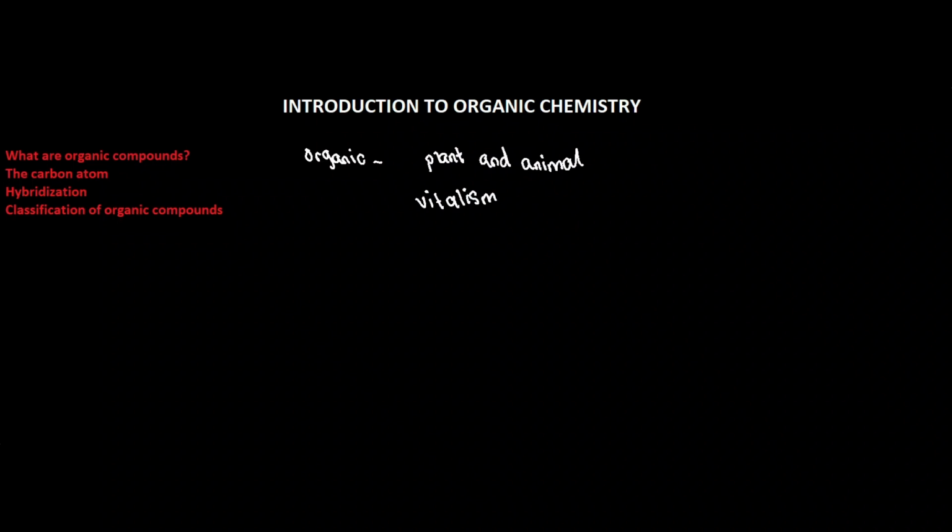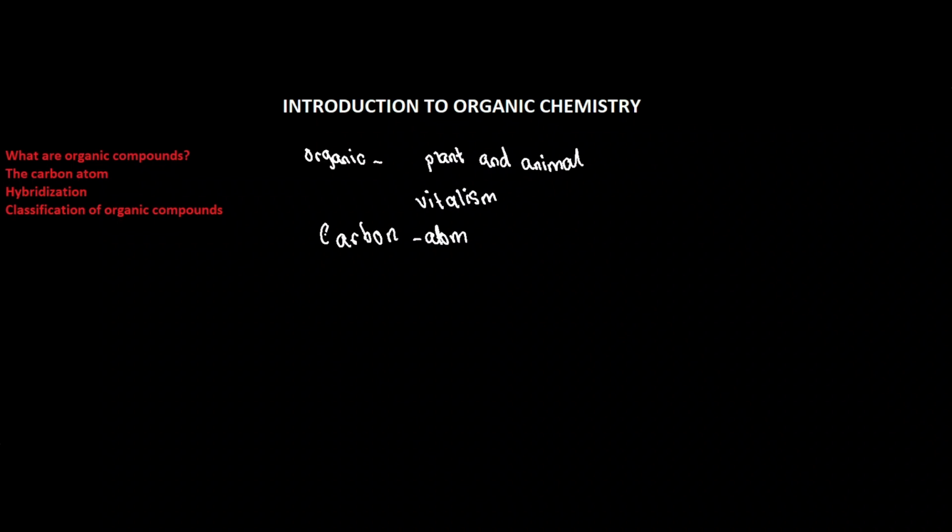But further discovery showed that organic compounds could actually be synthesized or produced by geological processes and other artificial processes, and they can actually be synthesized in the lab. So organic compounds are not only restricted to living things, but a key distinguishing factor, something that stands out for all organic compounds, is the presence of the carbon atom. All organic compounds contain carbon as a constituent element.